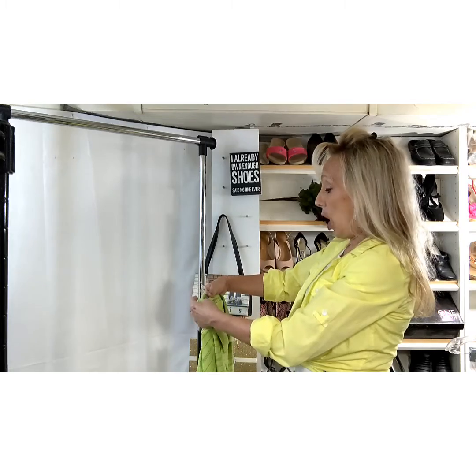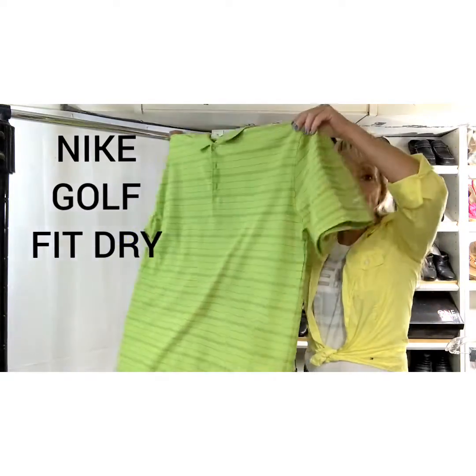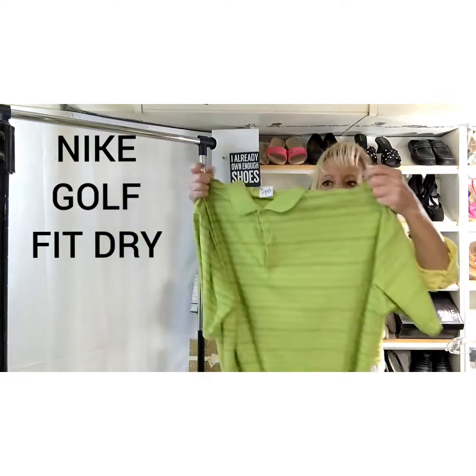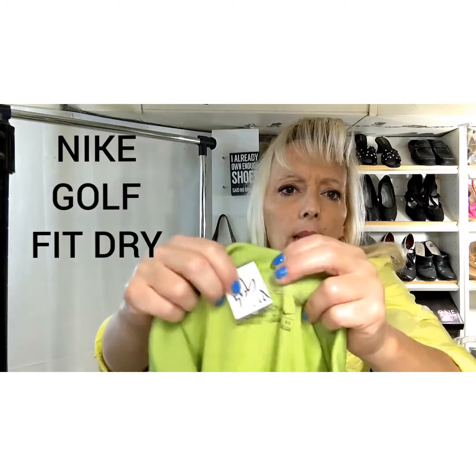This is just a Nike golf shirt, but it's an XL and it's the Fit Dry. And, you know, this stuff does still sell. It might take a little while. There is a lot of competition on the regular Nike and Adidas items, but